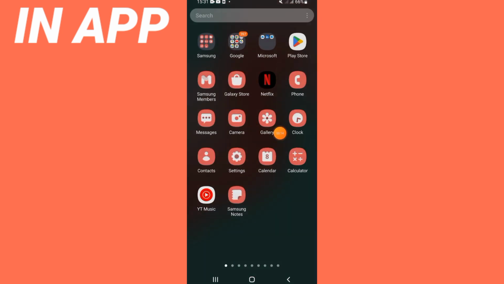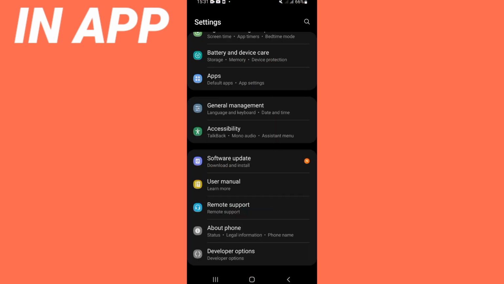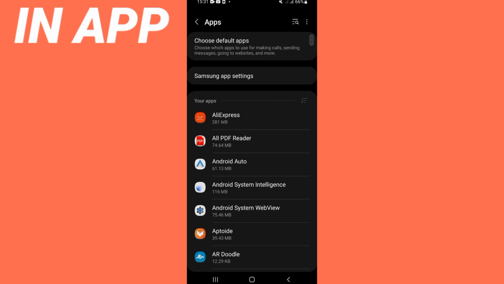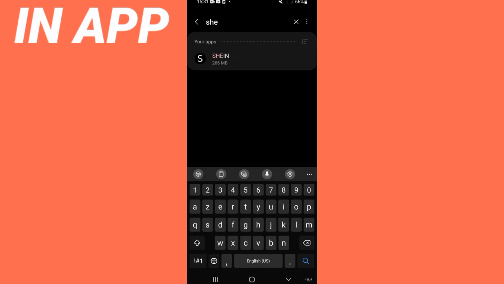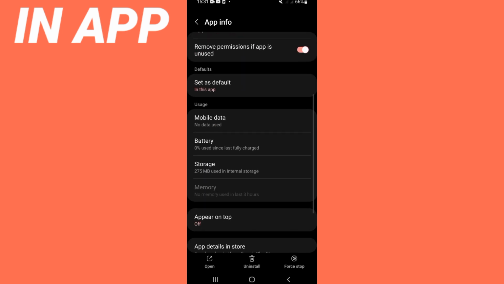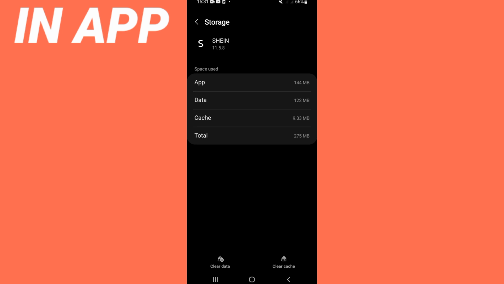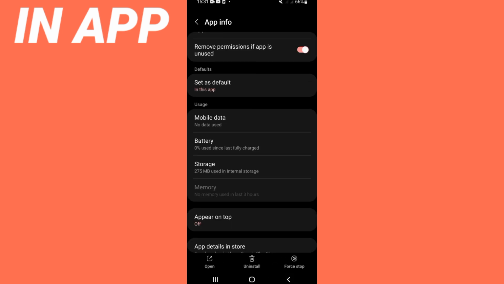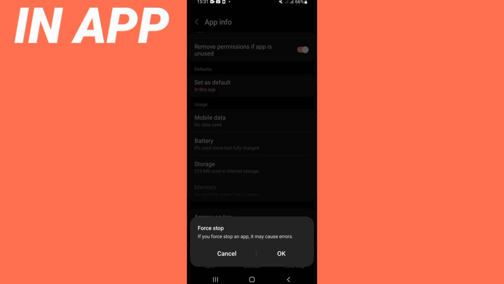So go and open the settings of your mobile phone. Click on the apps option, and at the apps option search for SHEIN and click. Here you're going to find a list of options. Scroll down and click on storage. Click clear cache, then go back and click on force stop in the corner of the screen, and click